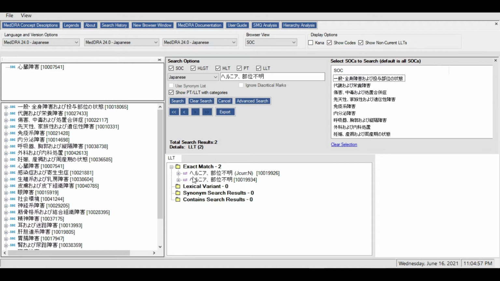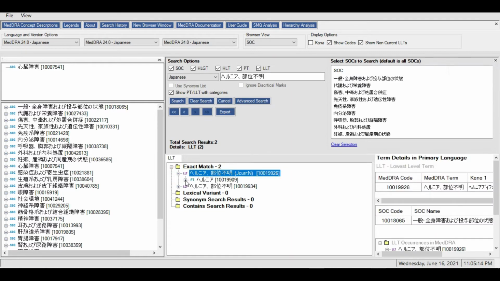Now if you observe carefully, both the terms are identical, but one of them is non-current and the other one is current. So this is the riddle that we are going to resolve today.